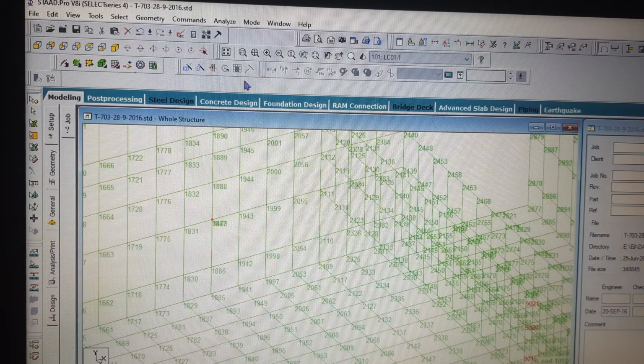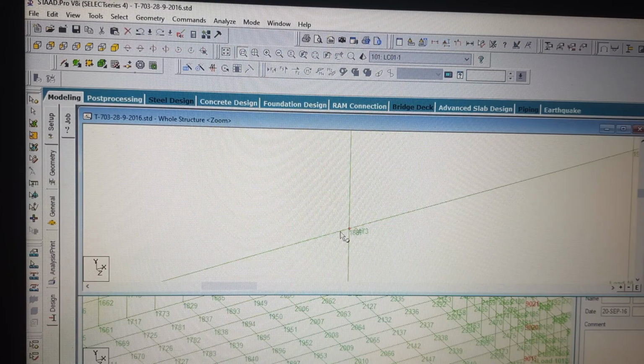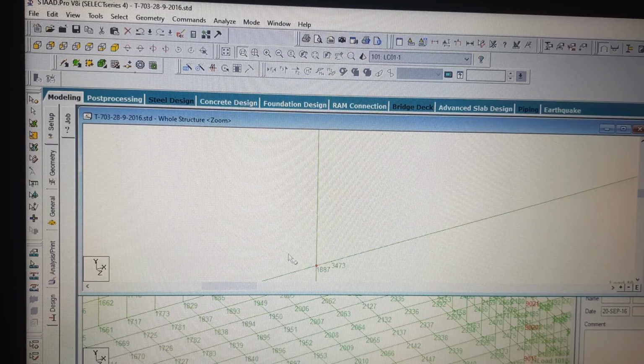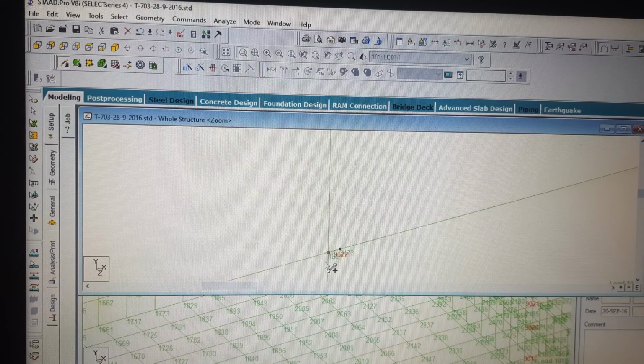Okay, and I am creating a beam. You can see how small the member looks, and if I connect these two nodes, member 9022 is showing.